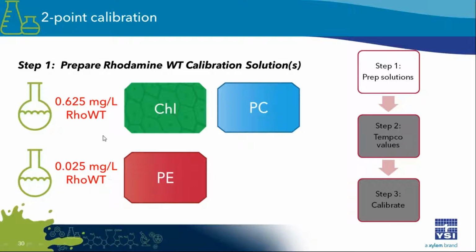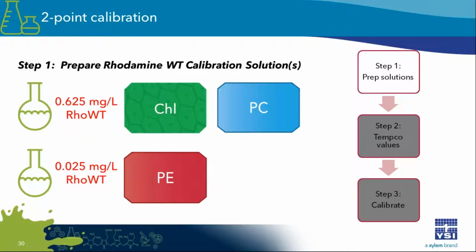Now, the reason I'm showing it this way is a lot of times people have a tough time with this. So we recommend a solution of rhodamine that you can use in our manual. And sometimes people can't get that solution. That is okay. Crystalline rhodamine is available through a variety of providers, like Sigma Chemical Company, for example. You can buy rhodamine, and if you have some bench skills and a little experience in biochemistry or chemistry, you can make this solution on your own using distilled water,